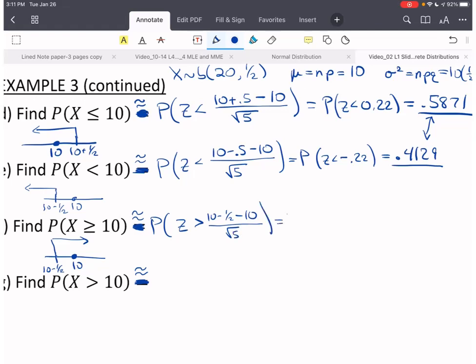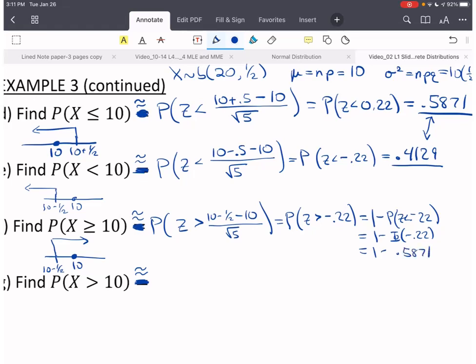And this is going to be the probability that z is greater than negative 0.22, which is 1 minus the probability z is less than negative 0.22, which is 1 minus phi of negative 0.22, which is 1 minus, we looked this up,